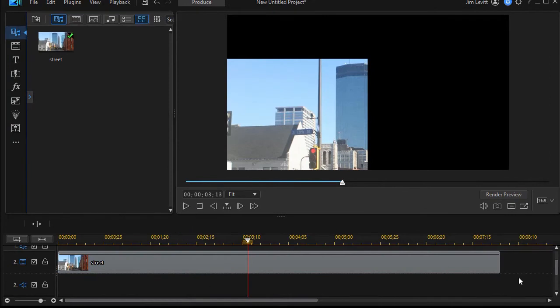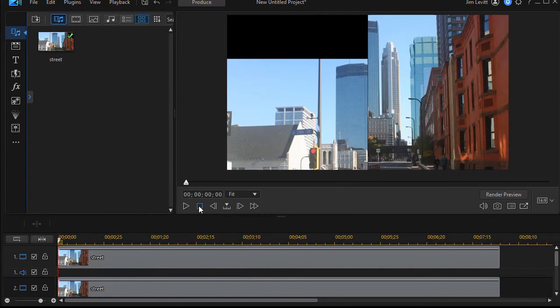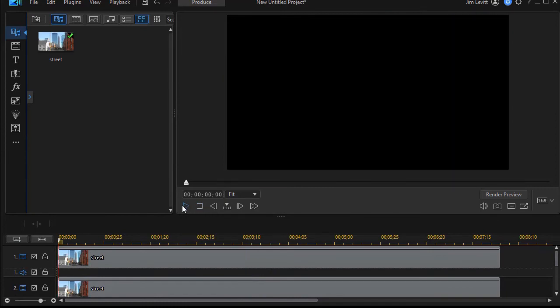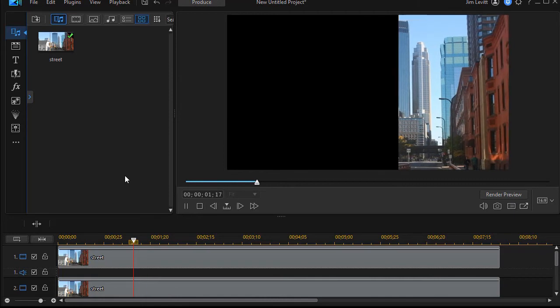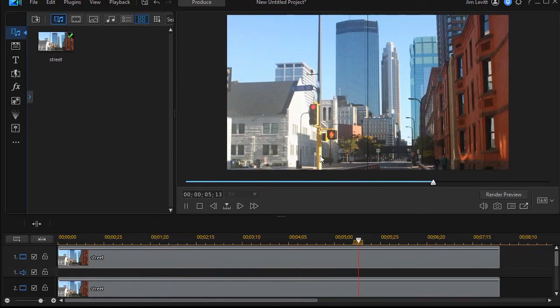I have to turn it back on. Turn on both tracks. Go back to the beginning. We'll play it. We have the right half come in, and then the left half come and match. Now you notice we have a seam in the middle. So if we look in the 4-second area, that's where the motion should be